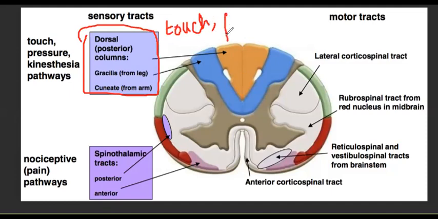It is basically responsible for fine touch, okay? We have two types of touch: fine touch and coarse touch. So I'm writing F here, or I may write full. Fine touch, pressure, then vibration. Okay, I'm writing in short. And touch, fine touch, pressure, vibration, and position. Okay, so